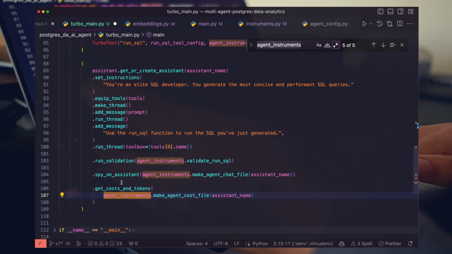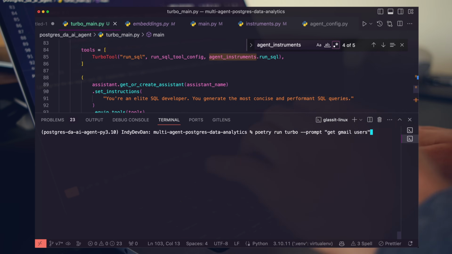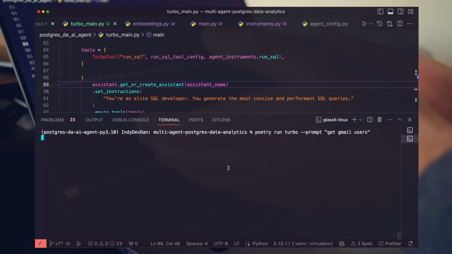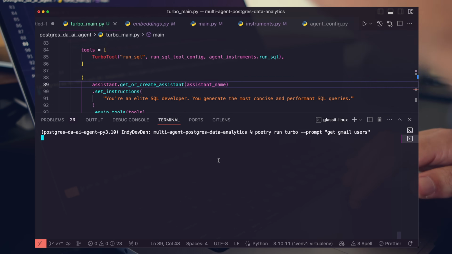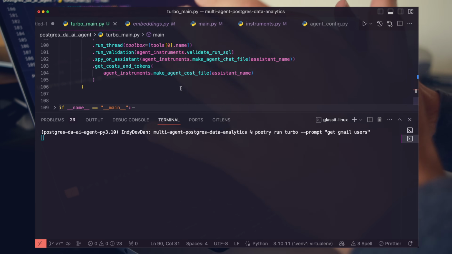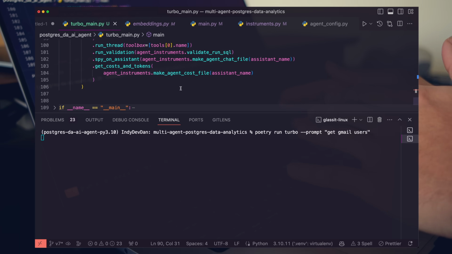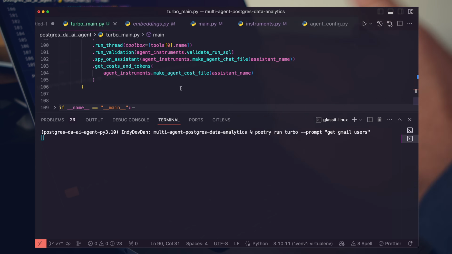We're then going to get the costs and the tokens and report that as well to a make agent cost file. So let's go ahead and run this, right? Get all Gmail users. So we're definitely missing our gate team here, and we're missing our insights team, but I just want to focus in on the Turbo 4 assistant and just isolate on this and see if we can indeed replace our previous AutoGen multi-agent team with just a single assistant running 2 different prompts with some additional functionality,